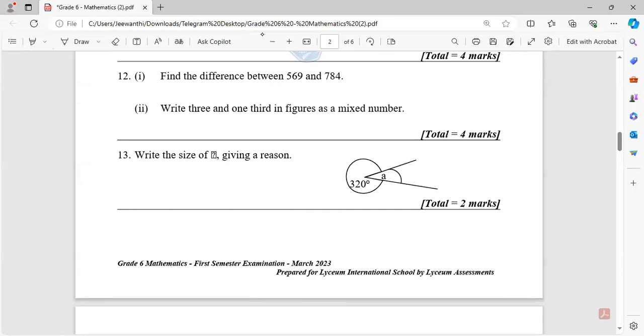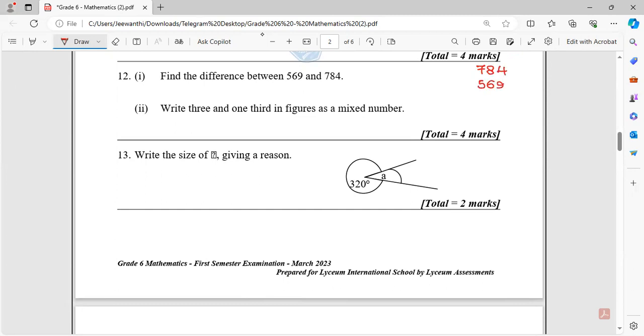Find the difference between 569 and 784. So how do you find the difference? You write the bigger number, 784, then 569, right? So then we have 14 minus 9. What is the answer? It is 5, right? Then here 7 minus 6, 1, 7 minus 5, 2. Then we will double check whether my answer is correct. 214 plus 569 is 784, yes, it is correct. So then my answer is